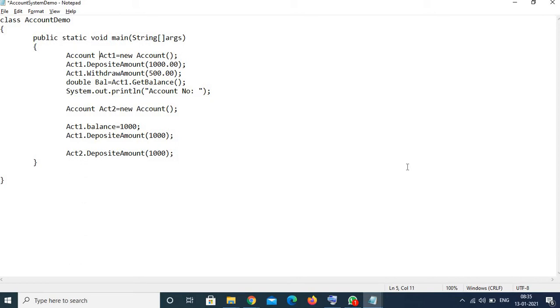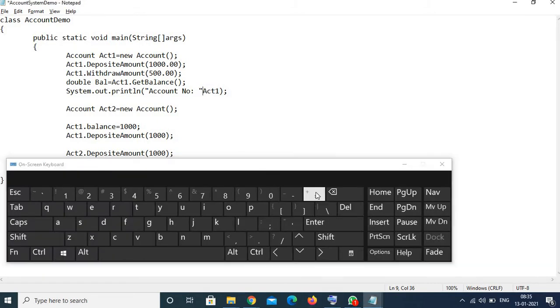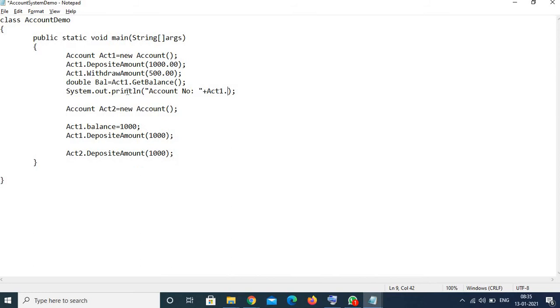So I'll say ACT1, and we have to concatenate this. I'll explain this concatenation process as well, don't worry. Let me first write and we will see the output, and from that output we will understand the formation of this statement.